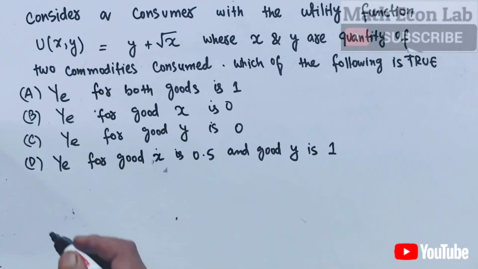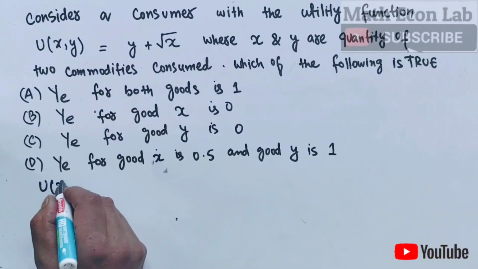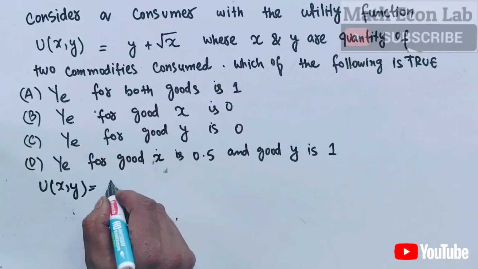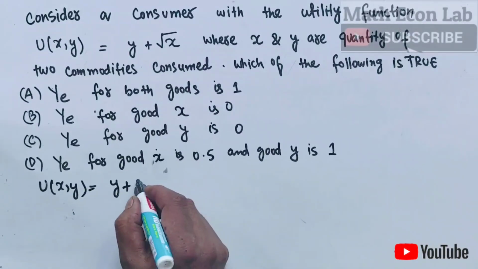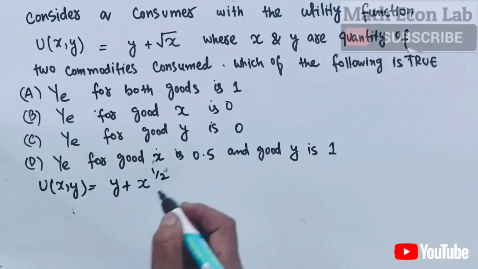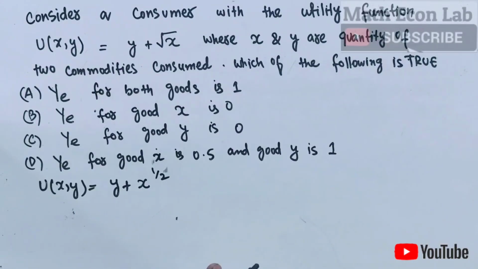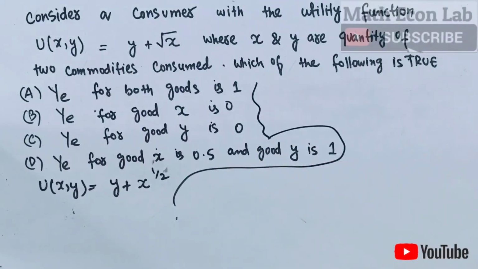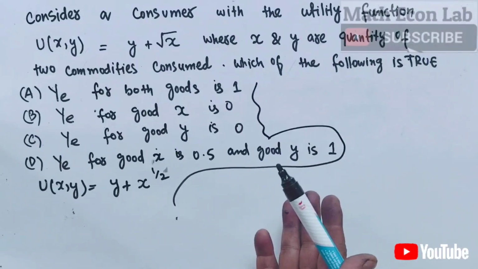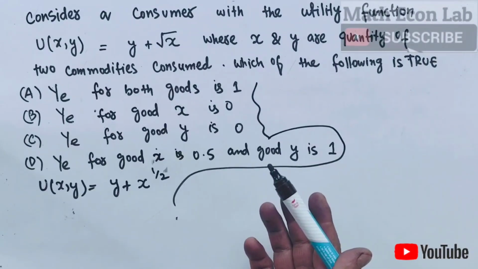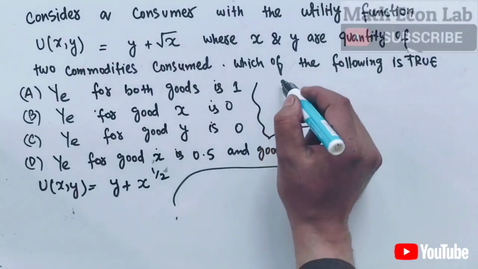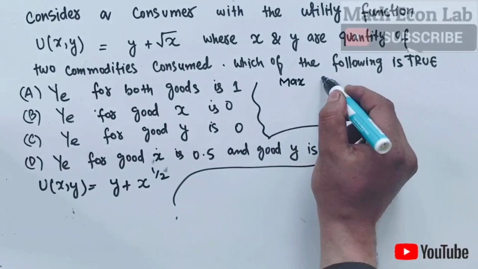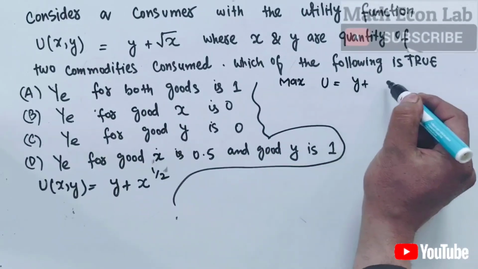Okay, so we are being given the utility function. Utility is a function of two goods x and y, which is equal to y plus under root x, can be written as x raised power 1 upon 2. Okay, so this is actually our quasi-linear utility function. So our endeavor is to find out the demand function for x and y. Then we can find out the income elasticities. Okay, so our endeavor is to maximize utility, which is equal to y plus x raised power